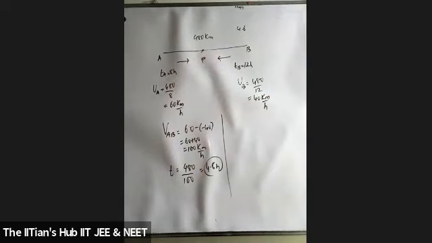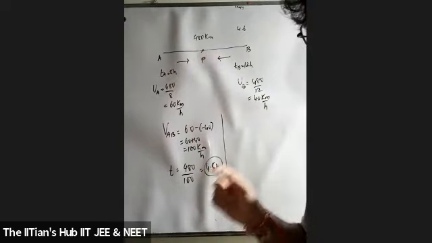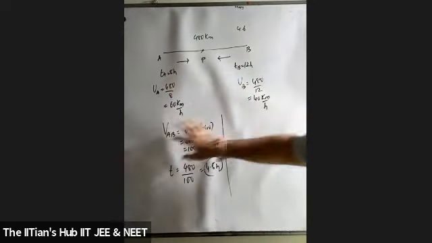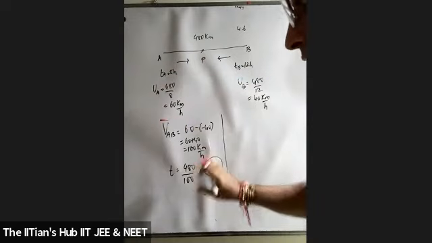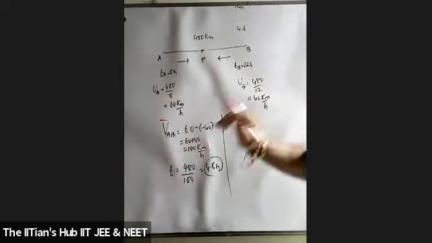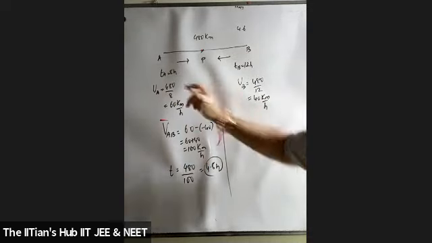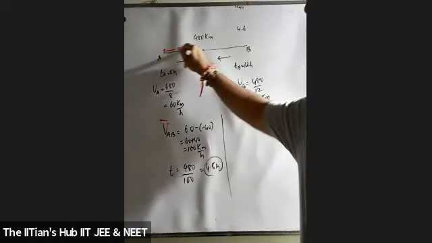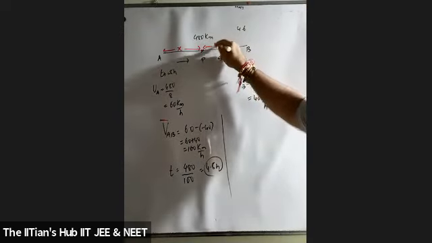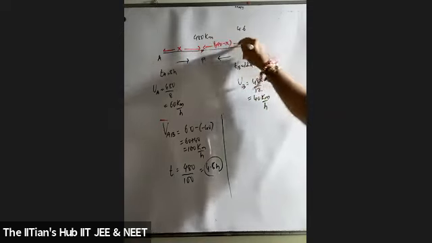Yes, sir. Okay. Students, try to understand this. What she's trying to find out. Listen carefully. This was the speed of A, speed of B. She found out the relative velocity of A with respect to B. Hope this part is clear. Then what is the time at which they reach a particular point? We don't know at what distance point P is. Students, let us say that point P is at a distance x from A, and it will be at a distance 480 minus x from B.